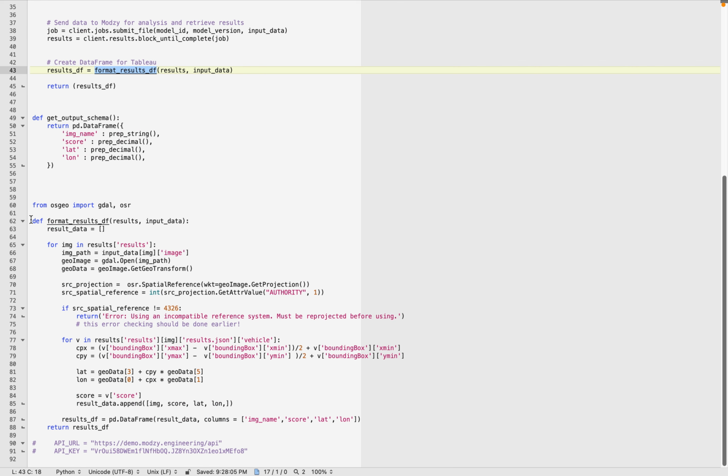It looks a little complex. That's basically because I'm loading and converting geodata. So I'm using the GDAL library to open it and then get a bunch of data out of it. So again, each tile is georeferenced. So I'm pulling that georeference data out and saving it.